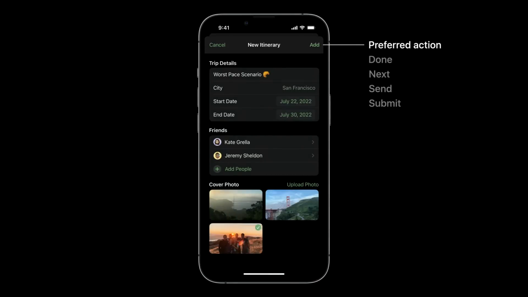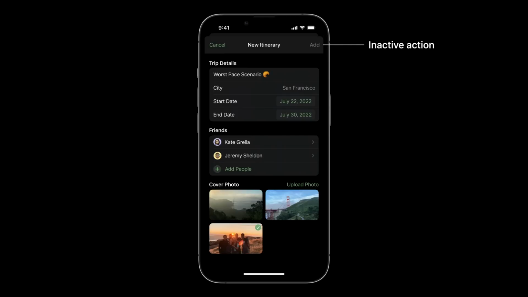A title helps orient people to the content of the screen, such as new itinerary. The right label is intended to be the preferred action, so it's often seen in a bolder font to emphasize importance. The label itself is a concise affirmative verb that tells me exactly what to expect when tapped. The preferred action dismisses the modal, and the previous state of the app should be preserved. If there is not yet input or interaction on the modal, then having the preferred action be inactive is a good way to clarify that fields are required in order to save or continue.